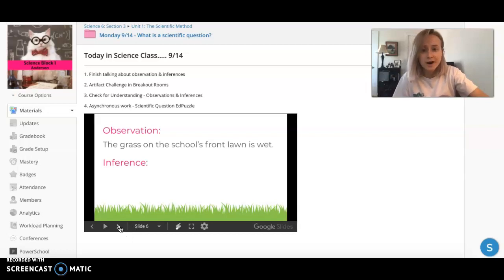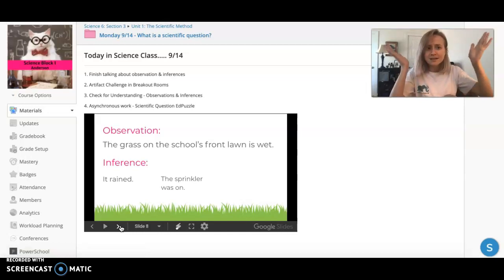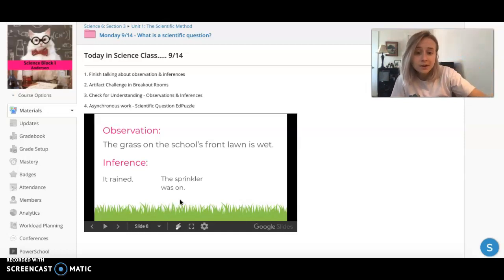If I observe that the grass on the school's front lawn is wet, I can infer several things. I can maybe say it rained. Maybe I see dark clouds as well, and I can infer that the grass is wet because it rained. I can infer that maybe the sprinkler was on. Maybe I also observed that the sky is absolutely clear, but I do see the little spigots, those little things in the lawn, so maybe I could infer that